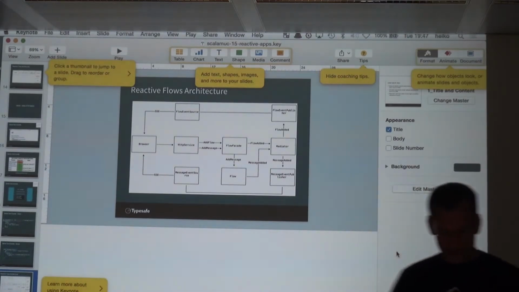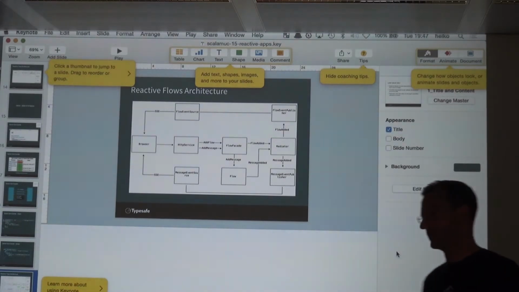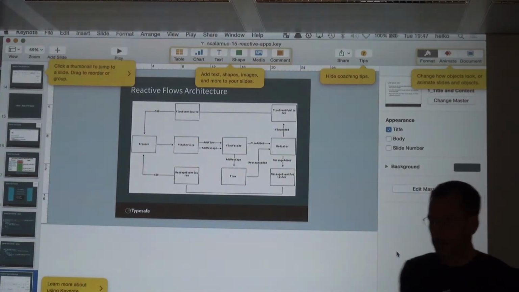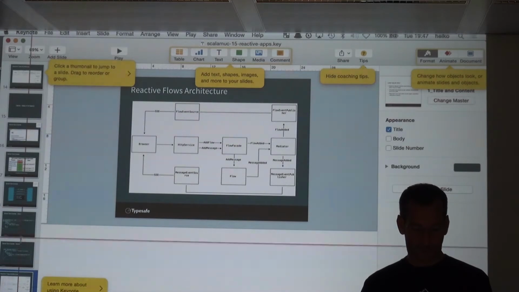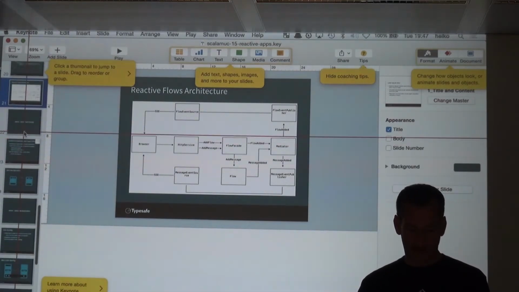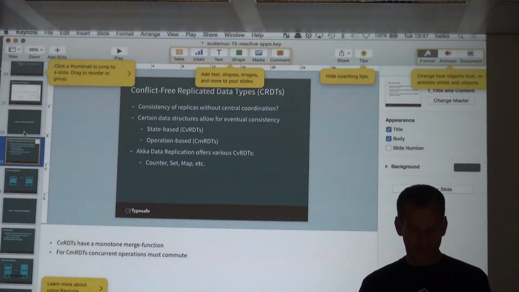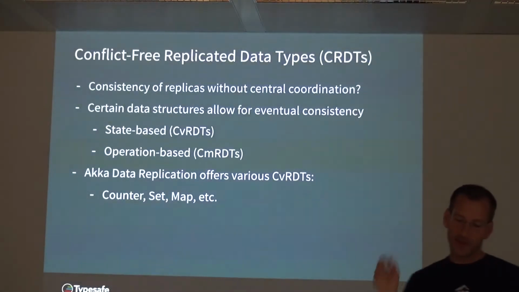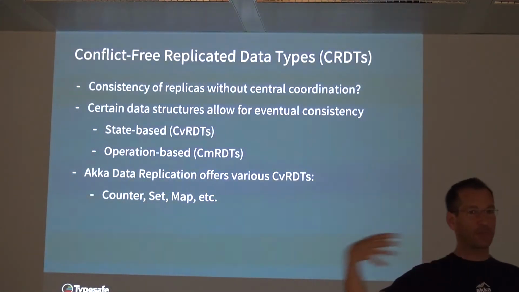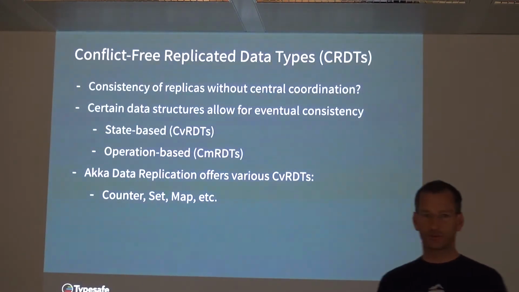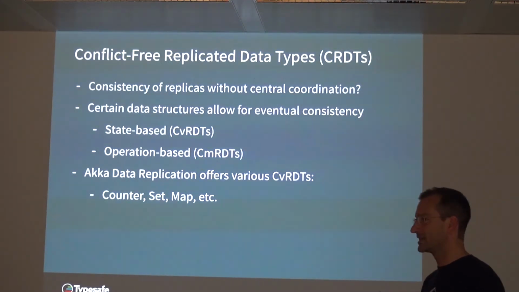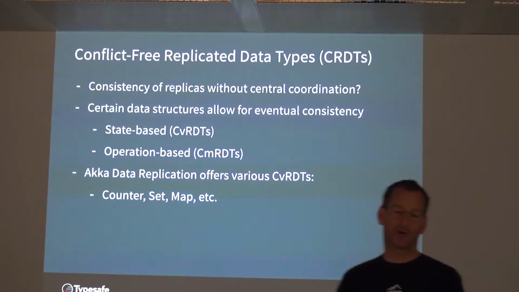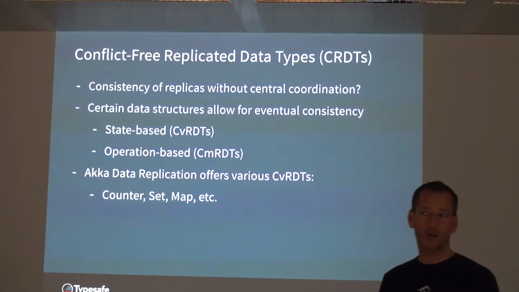Okay. So, we have a single node app. That's certainly not resilient and not scalable. So we need a couple of more utilities to really become responsive and resilient and reactive. Okay? So the first thing I want to show you are conflict-free replicated data types. The question they answer is, how can we replicate data across multiple nodes in a cluster without central coordination? Central coordination is costly, okay? A single point of bottleneck, single point of failure. How can we avoid that?